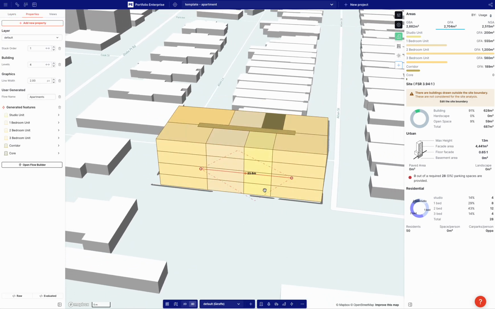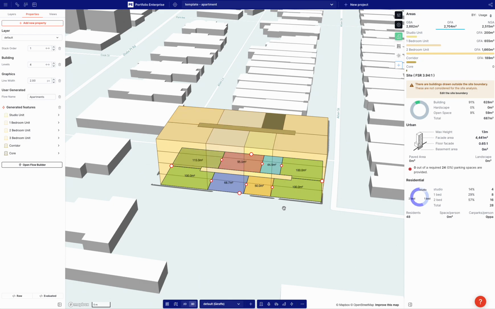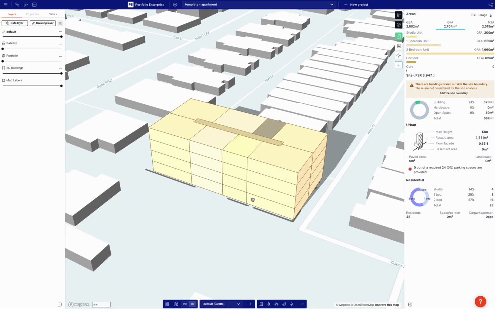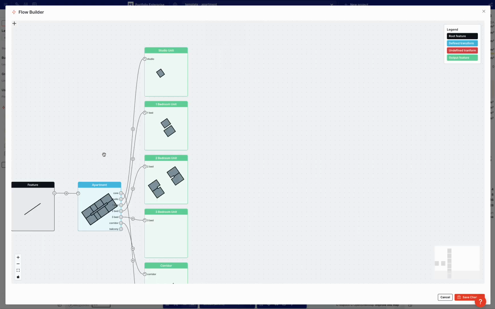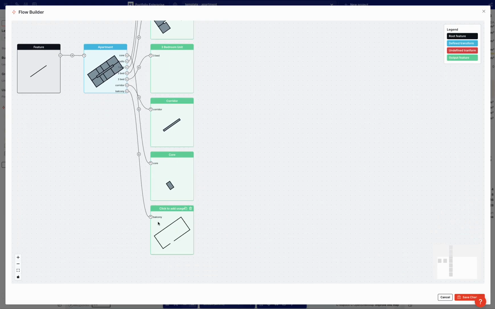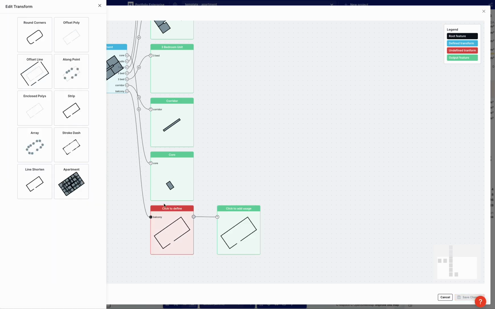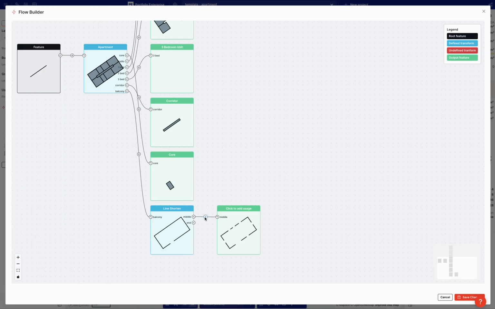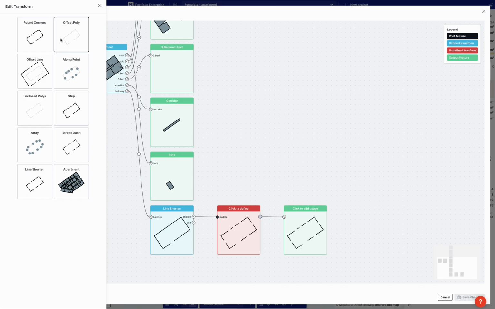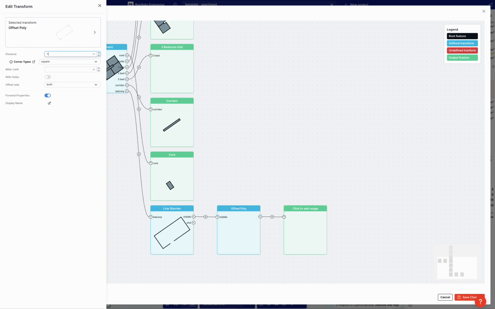It's 4 stories. We've got our apartments, we've got our mix, we've got our sizes, we've got our core. Let's say we're happy with that. So what I want to do is add some balconies, add a lift overrun, and make it look just a little bit better. All right, so first thing we can do is pull the balconies out, and then we can shorten them by 1 and 2 meters on each side, and then we can offset them 1 meter to the left,